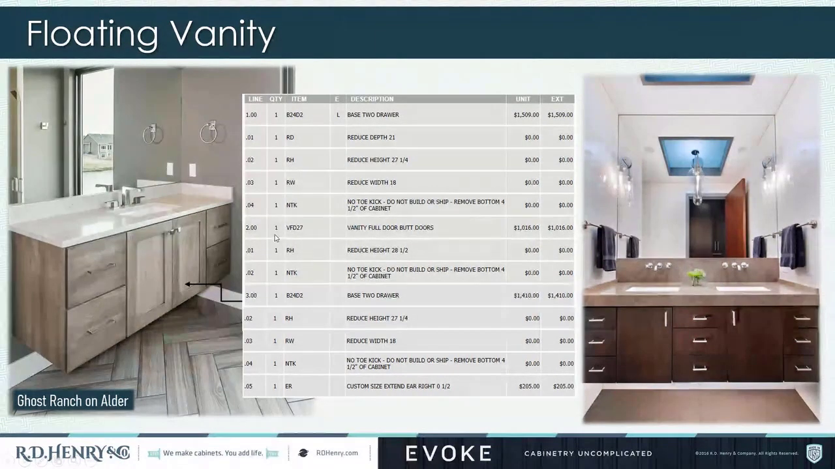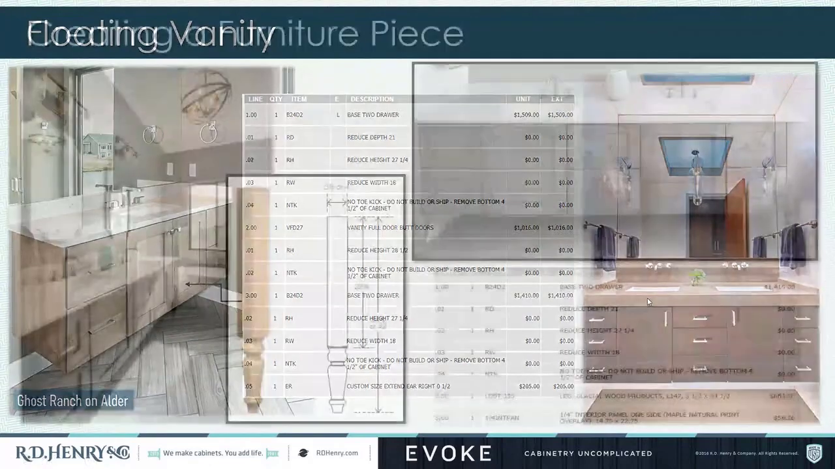Repeated that with the vanity full door, reducing the height, no toe kick, and then did the same thing over here. The only difference was I added a custom ear next to the wall. So no additional money except for the ear and the finished end. So you really can get creative